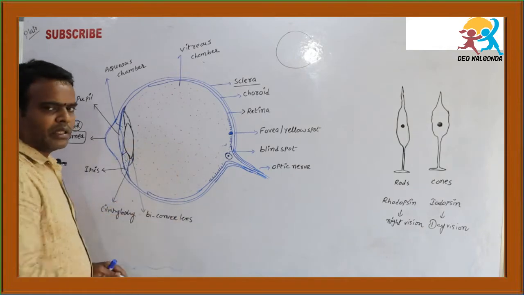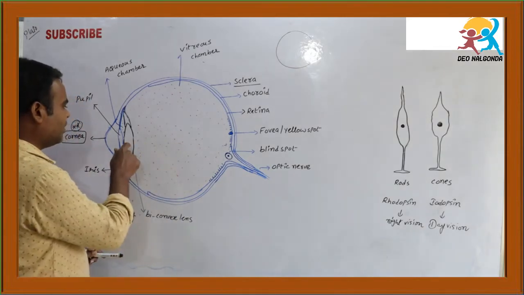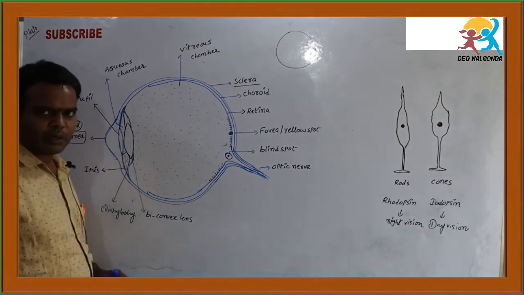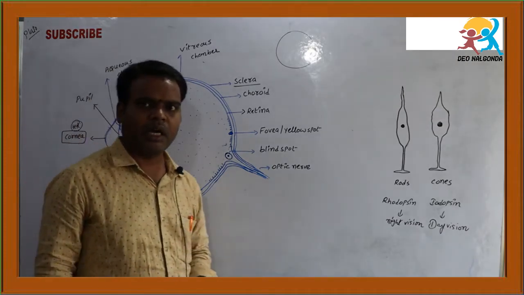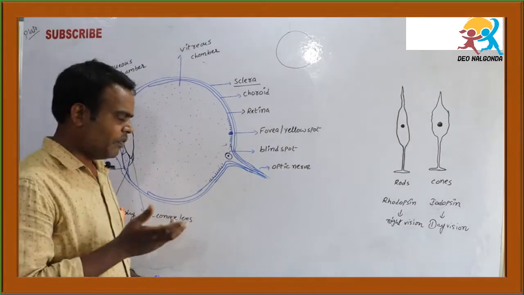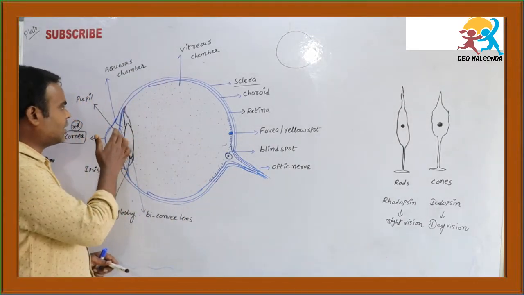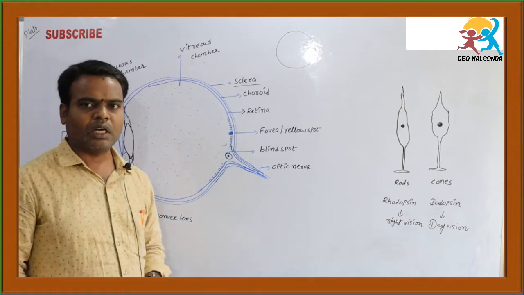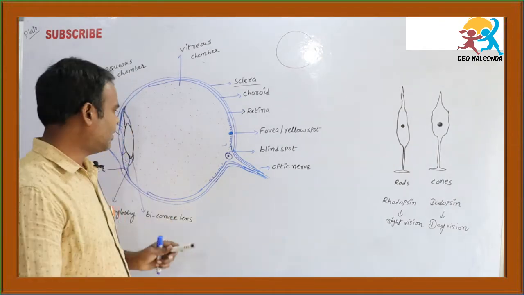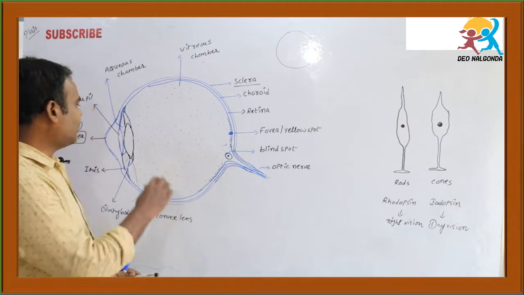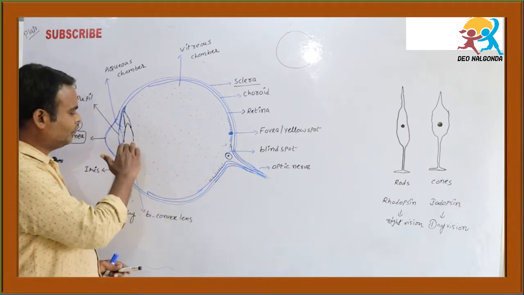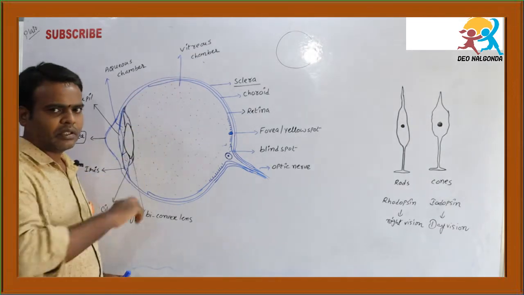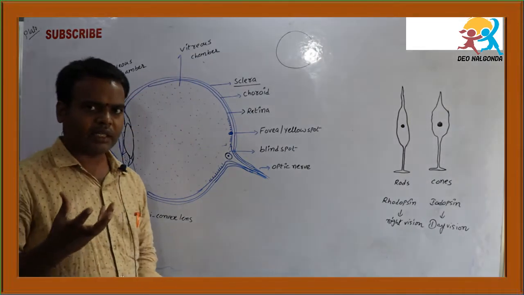Now come to another important thing. If you take the eye as a chamber, there are two chambers in the eye. The chamber in front of the lens, which is a biconvex lens in mammals, is called the aqueous chamber. Aqueous means aqua, water, so a water-like substance is present in the aqueous chamber. Just behind this biconvex lens is another chamber, called the vitreous chamber. It contains a jelly-like substance.